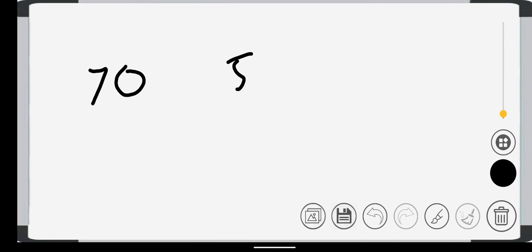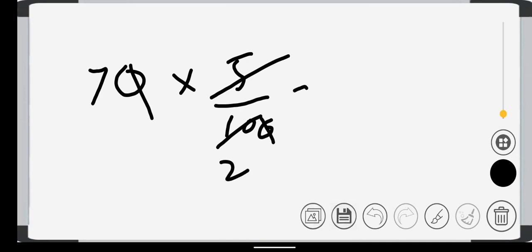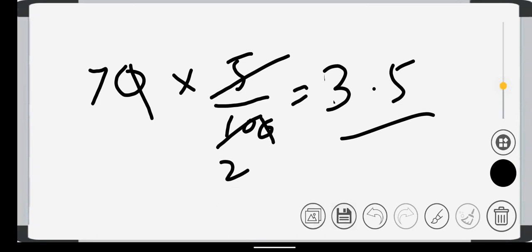इसी मेथड को हम डिस्कस करेंगे कि 70 का 5% मालूम करना है, तो आपने 70 को 5 से मल्टीप्लाई कर देना है और डिवाइड कर देना है 100 से। तो 70 का 5% आपके पास आ जाएगा, जो कि होगा 3.5, क्योंकि 7 डिवाइडेड बाई 2 होगा, ये 3.5 आएगा। तो 70 का 5% जो है वो 3.5 है।